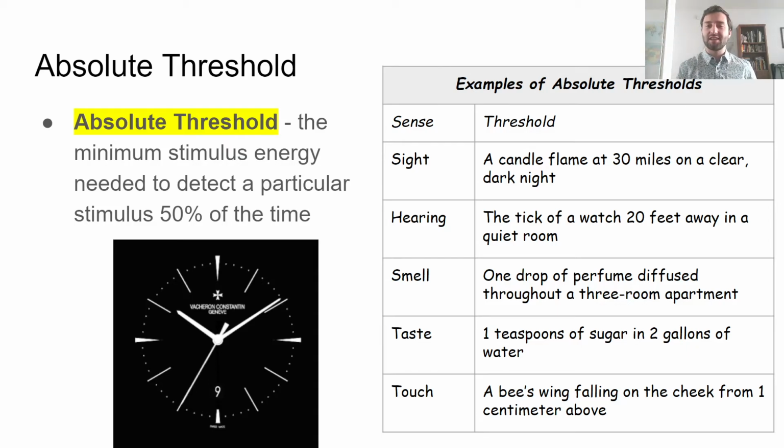Now again, the idea is this is the absolute minimum that we can sense. Anything that's less than this, we literally won't even pick it up. Our sensory organs won't hear it. If a watch was ticking 30 feet away, your ears just literally won't pick up that information. Obviously this differs with different animals, for example. Dogs would have a much lower absolute threshold than we would because they can hear a lot better than us. But that's the idea, and what we really care about is humans.